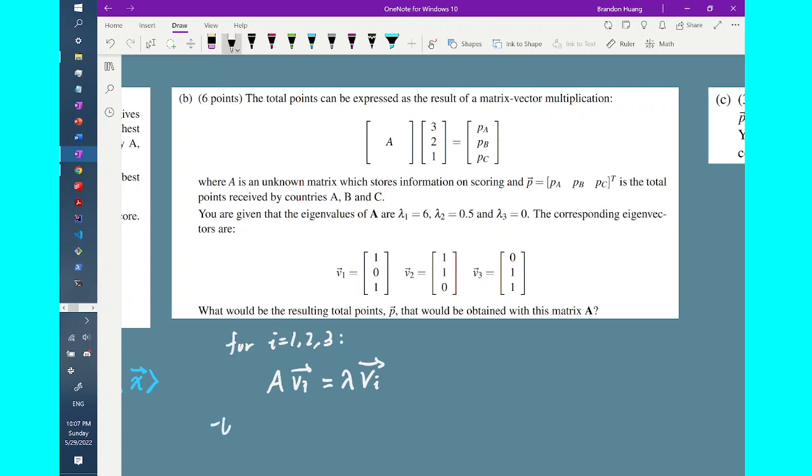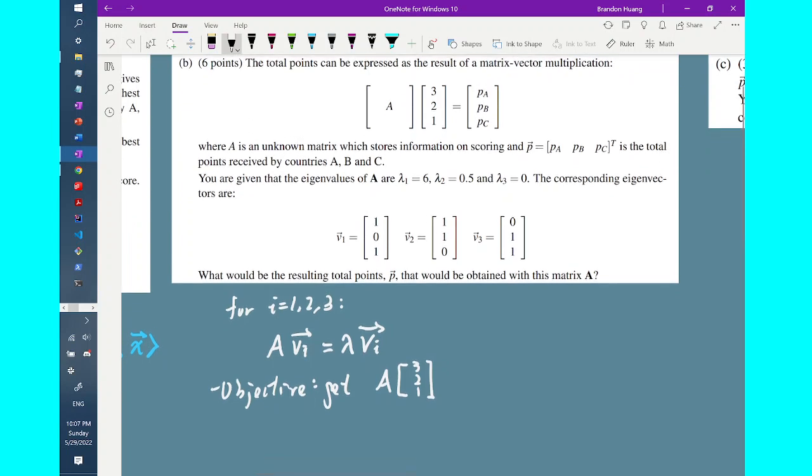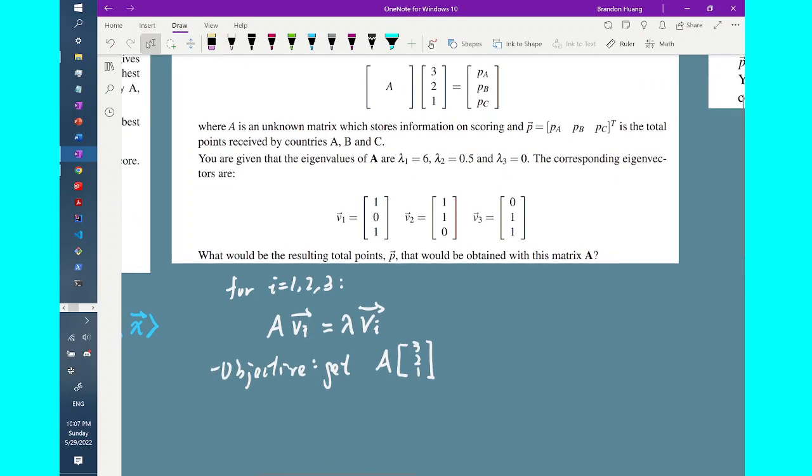And our objective in the question is to get the vector P, which is the result of the matrix multiplication A times the vector (3, 2, 1). So since we're not directly given the values of A, we cannot use the explicit matrix multiplication method. However, we do have the eigenvectors of A, so